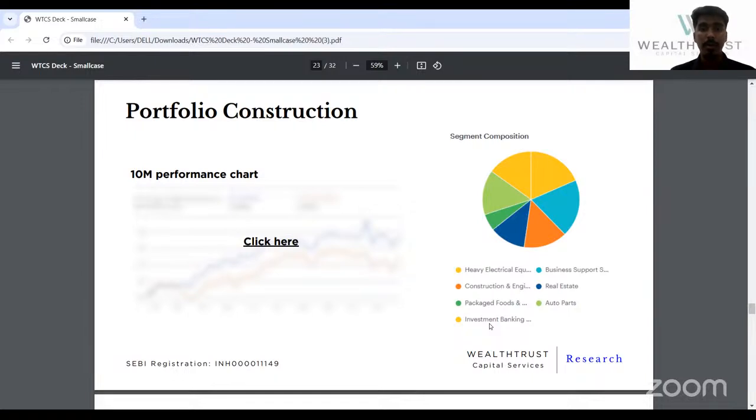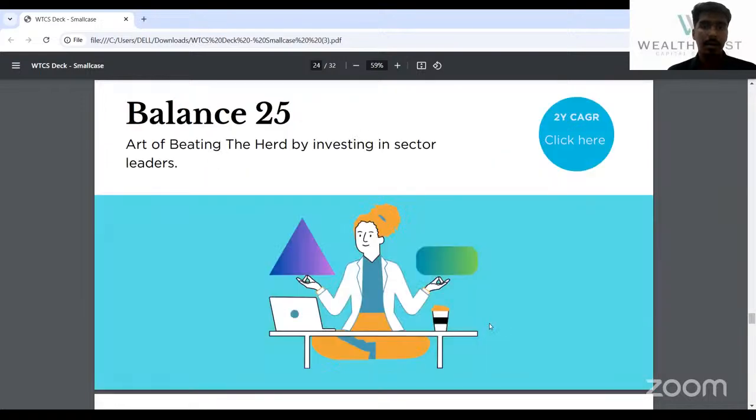सो वैल्यू मल्टी कैप और मल्टी डायमेंशनल और बैलेंस 25 में सेगमेंट कॉम्पोजिशन बहुत ही वेरिएड है, और डिफरेंट डिफरेंट सेगमेंट्स में इन्वेस्टेड है। तो अगर आप ऐसे इन्वेस्टर हो जिनको ज्यादा रिस्क नहीं लेना और ज्यादा एग्रेसिव नहीं होना है, सो मल्टी डायमेंशनल और वैल्यू मल्टी कैप एक परफेक्ट फिट है। बट अगर आप एक्सपेक्ट करो कि मार्केट अपसाइड जाएगा या थोड़े टाइम में मार्केट अच्छा मूव करेगा, तो ट्रेंड वहां पे आपको हेल्प करेगा। तो एज एन इन्वेस्टर आपका कैसा रिस्क है वो आप फाइनलाइज कर सकते हो। थैंक यू।